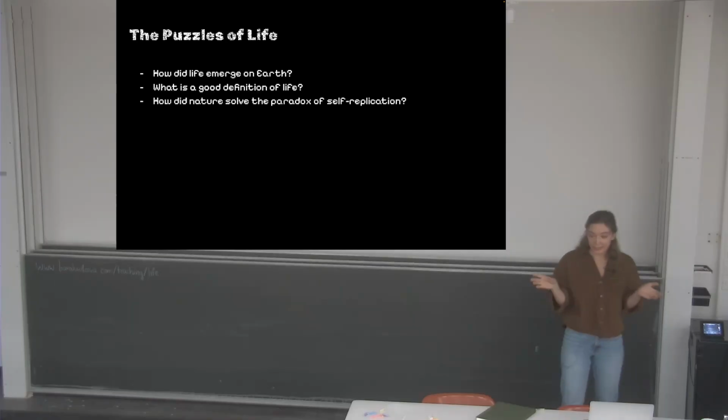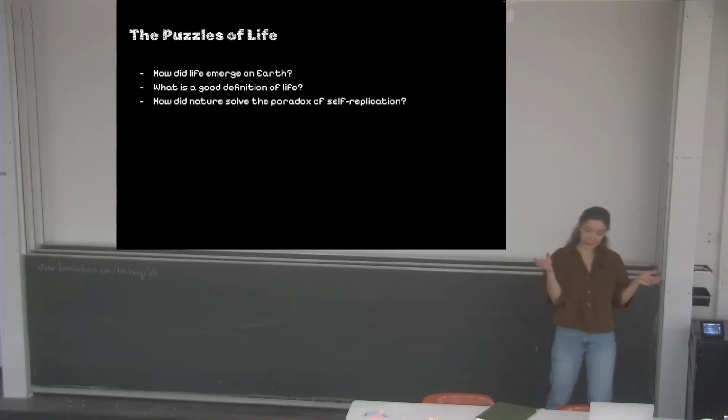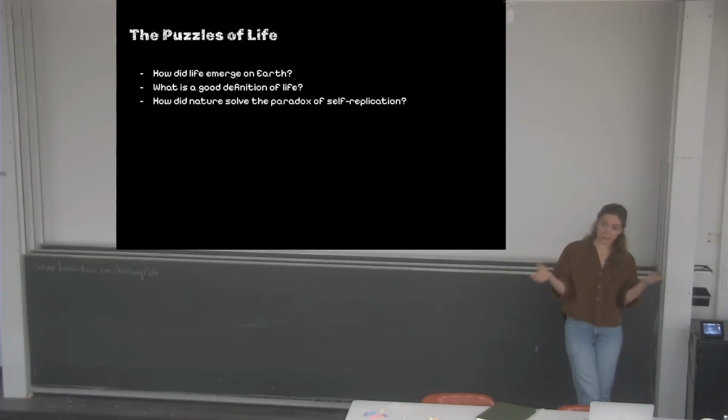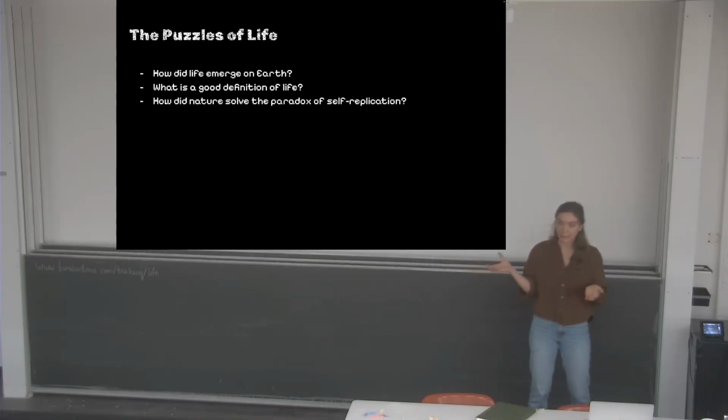So if we look at all the examples of machines that humans created, it's usually the case that a machine can only create a machine that's simpler than itself. And it seems quite natural. Even if you take something like a 3D printer, it can print its parts, but it's unlikely that it was going to print a completely fully functional new 3D printer that's going to start printing right away.